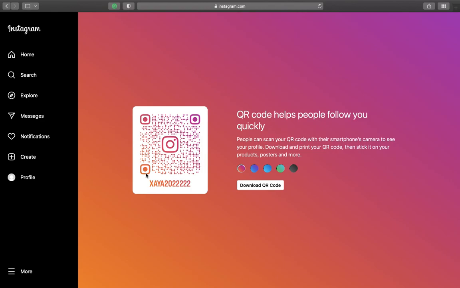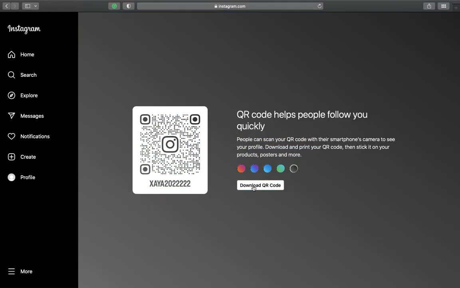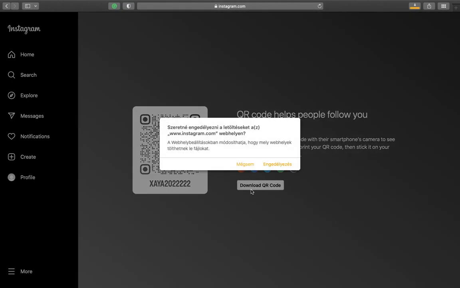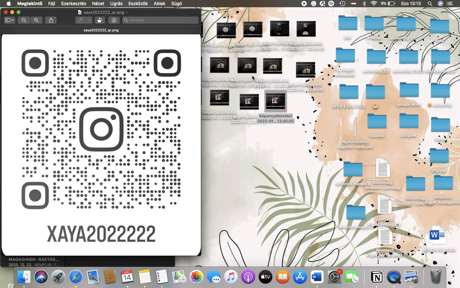So here you can find your personalized QR code that helps people to follow you quickly. All they have to do is just scan this QR code, which you can change the color and the appearance of. Here you can find 5 options that you can check out. Just simply tap on the relevant one, and if you want you can download the QR code by tapping on the download QR code button, and here you will be able to find it at this section, and you can